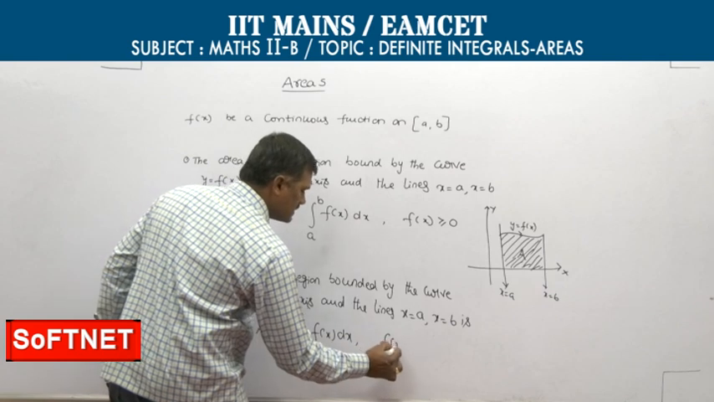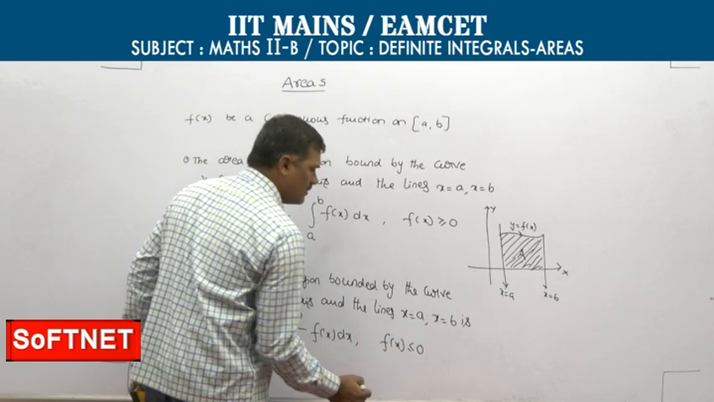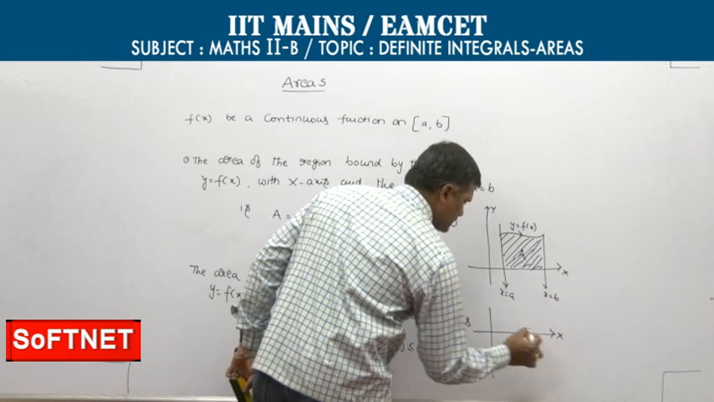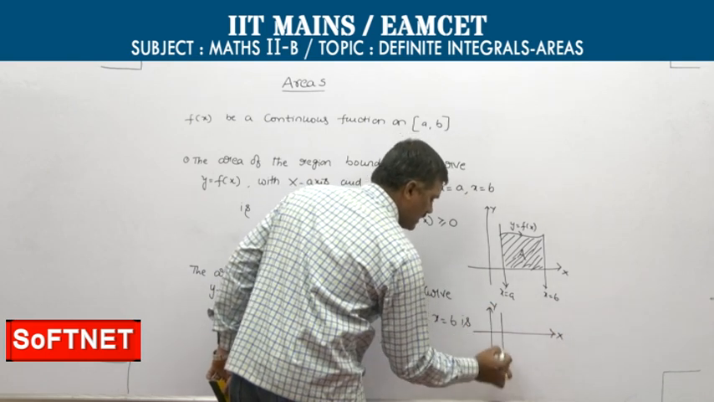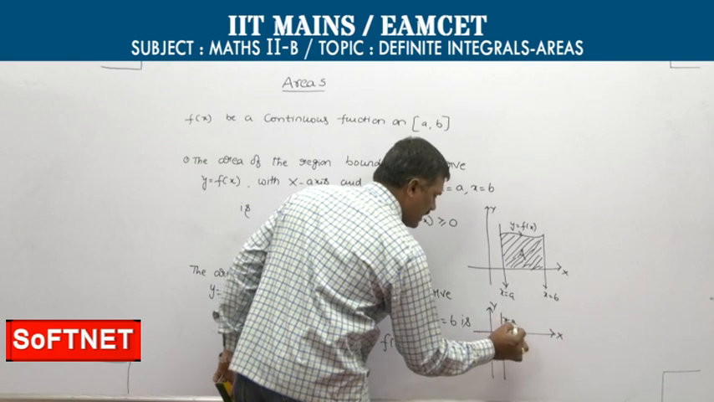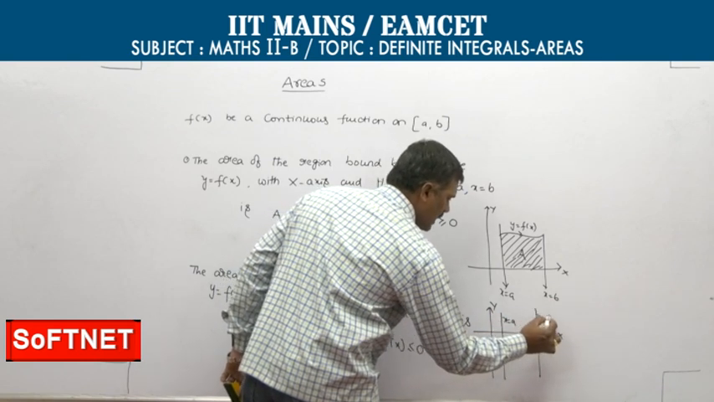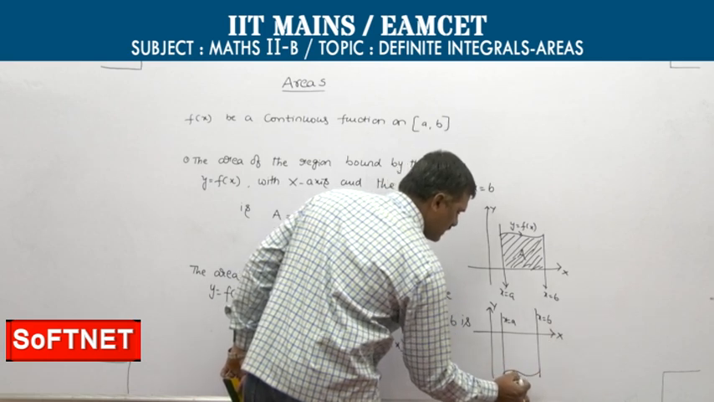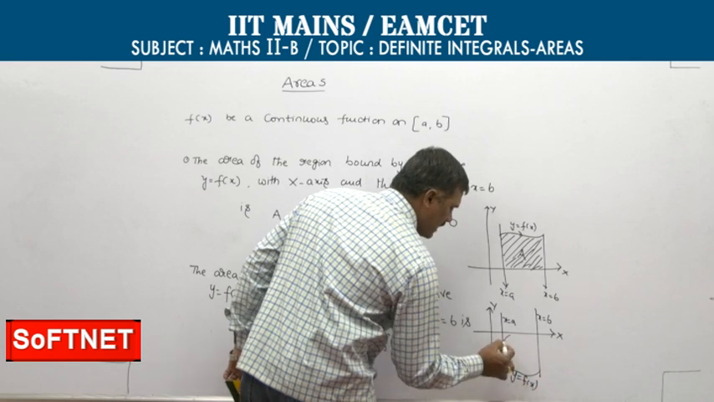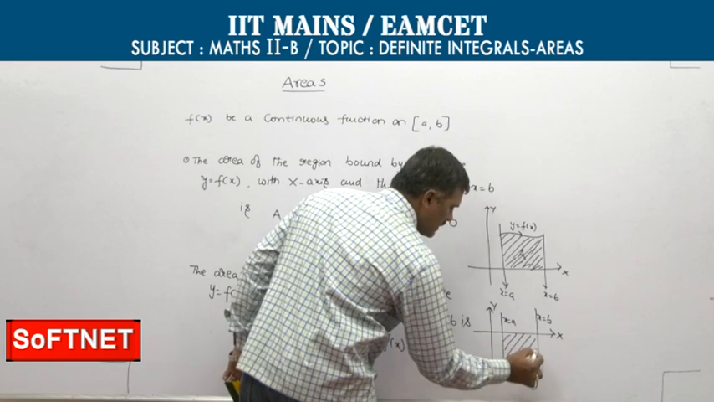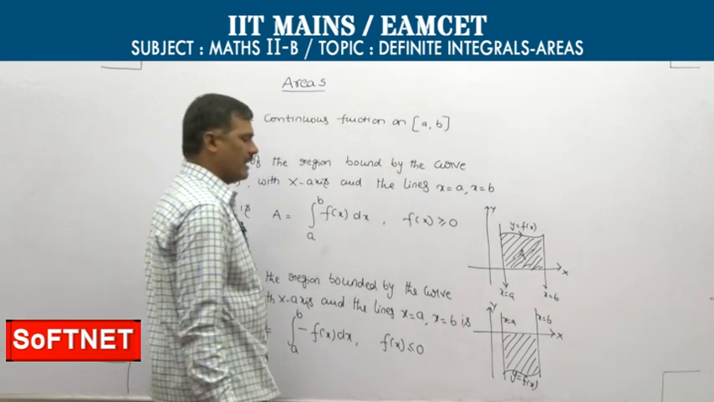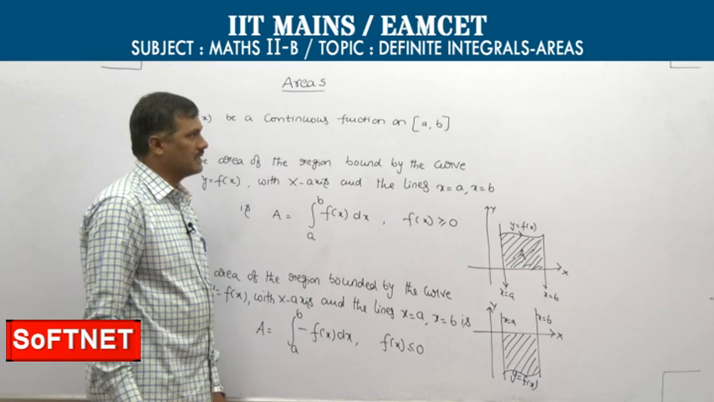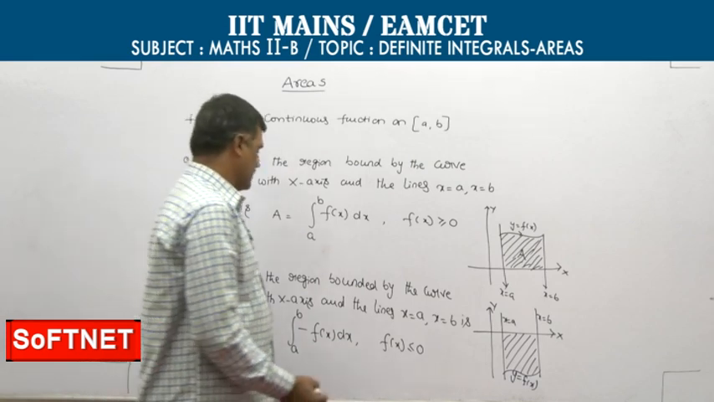If f of x is less than or equal to 0, so this is the x-axis, this is the y-axis, x is equal to a, x is equal to b lines, and it is the given curve y is equal to f of x. Below the x-axis, it is the required region. We have to write integral a to b minus f of x dx from these two conditions, and that is,